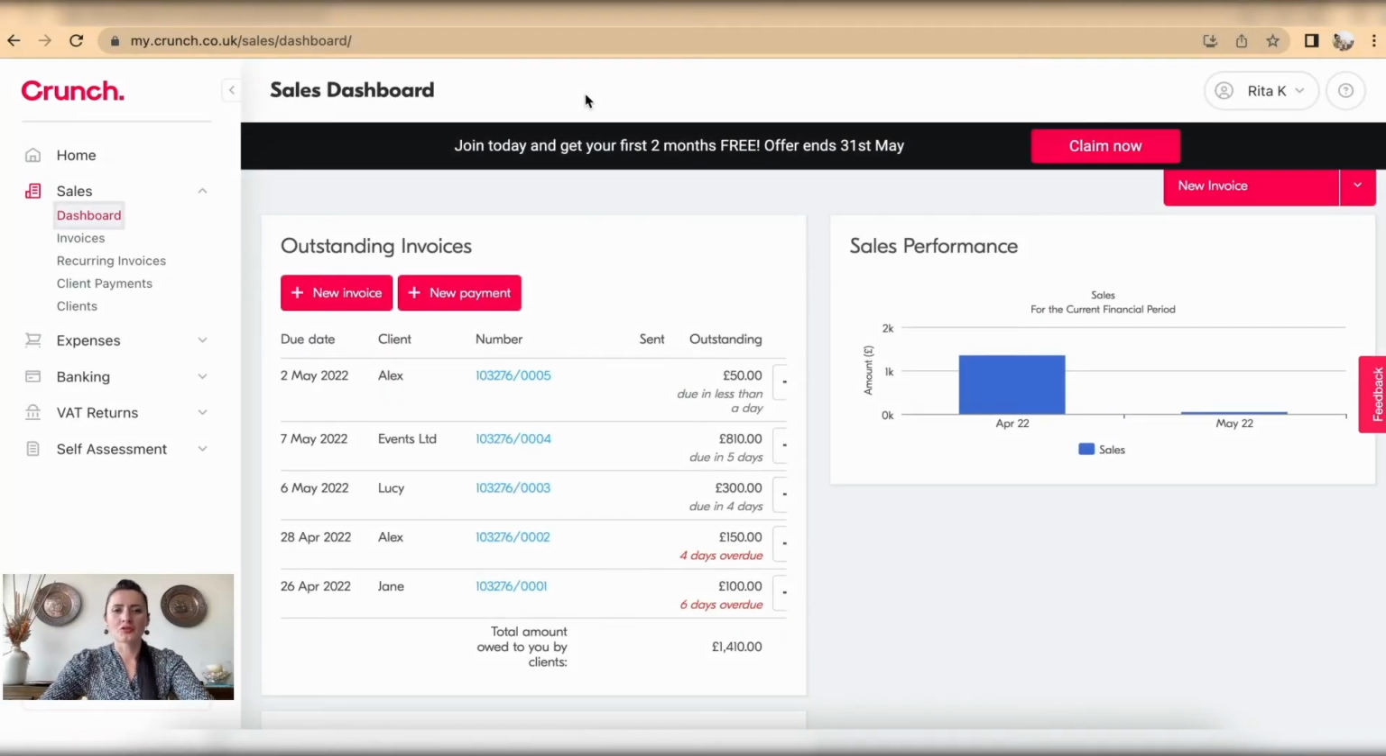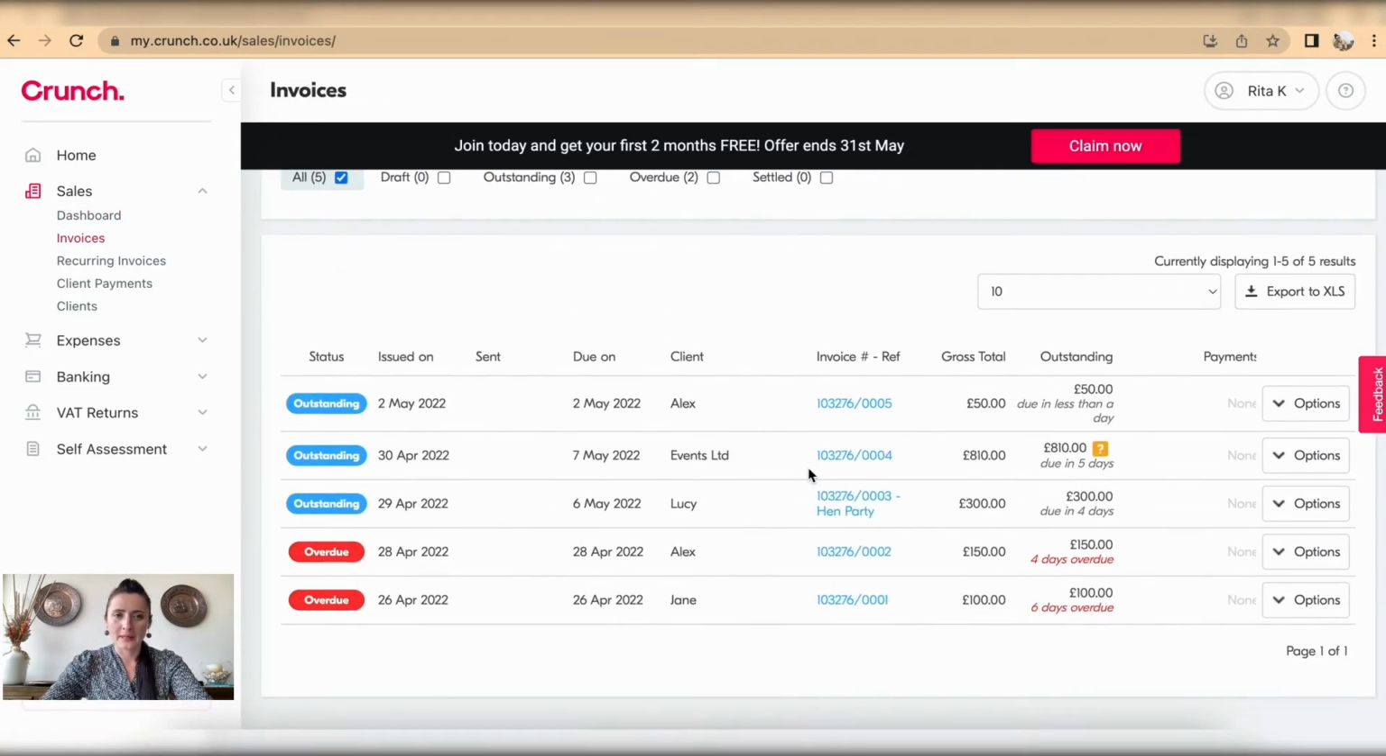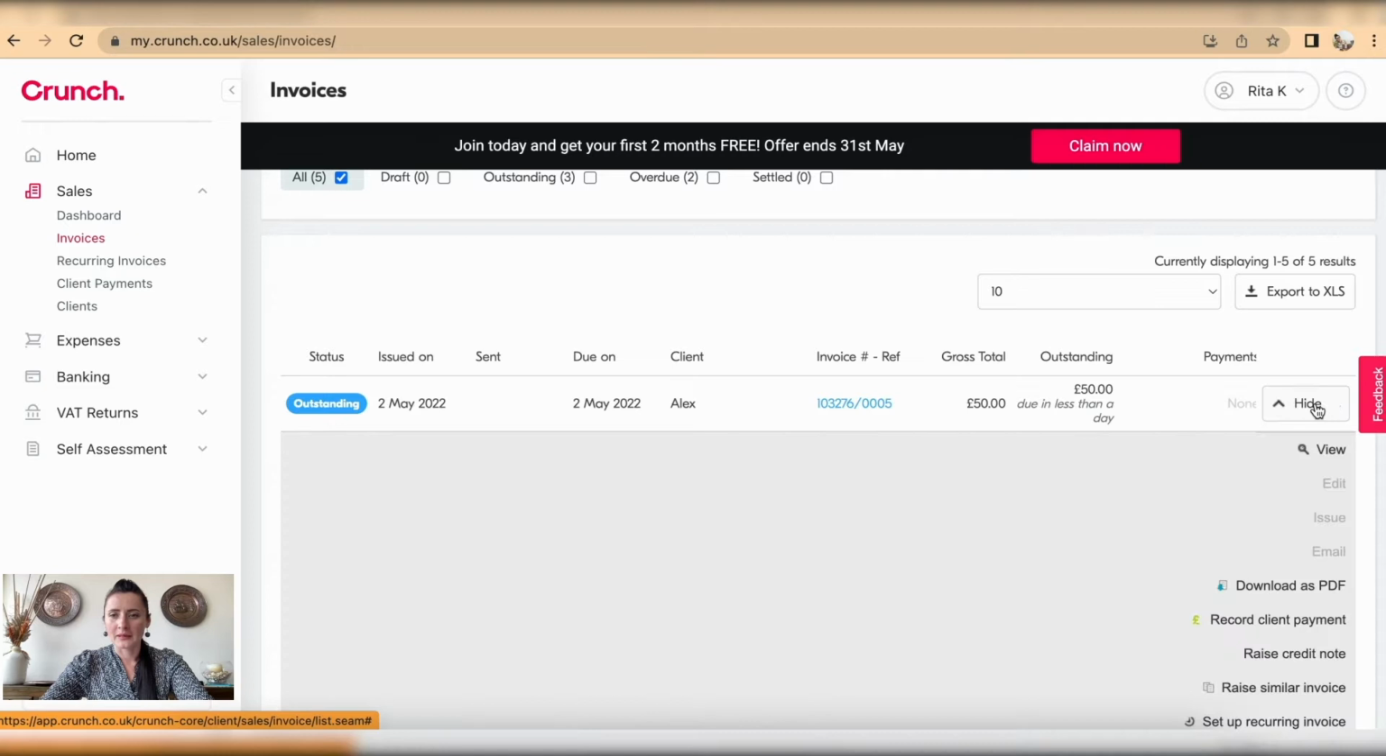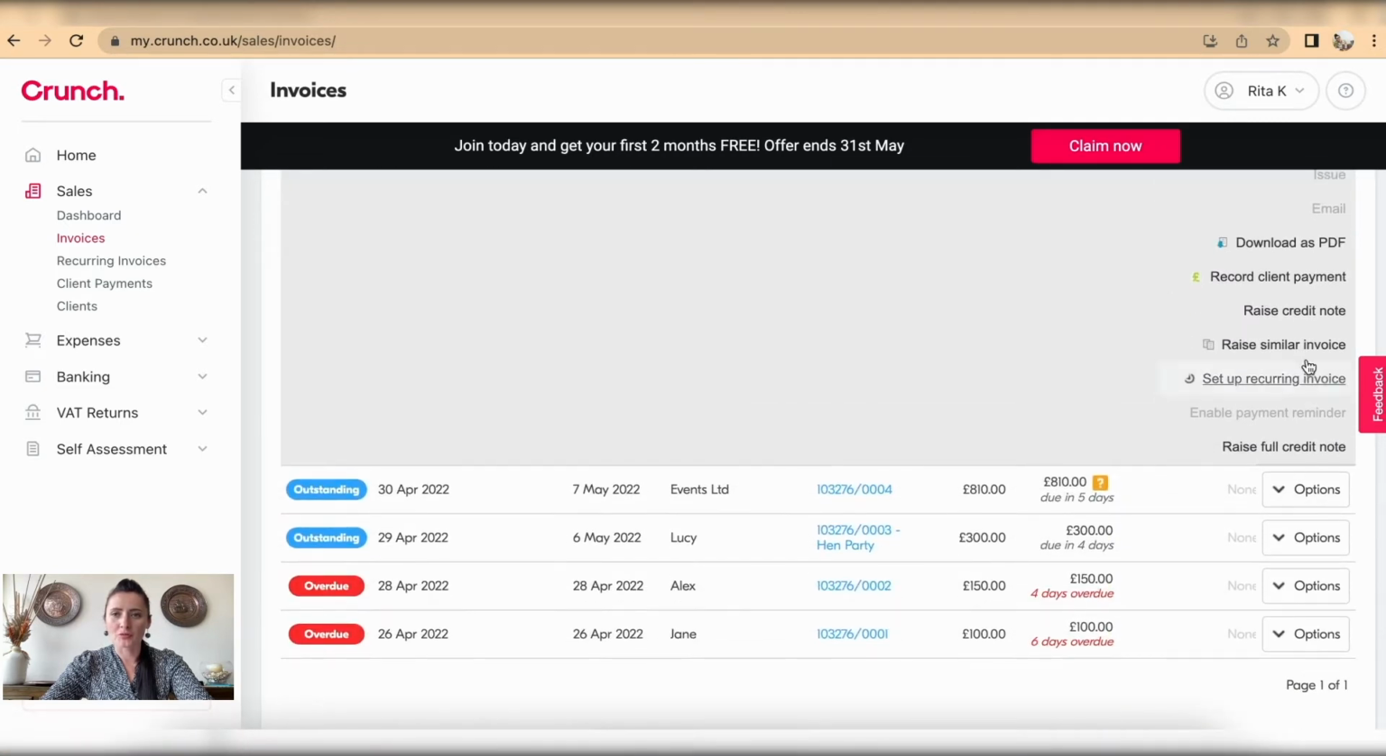So I have issued invoices, and by mistake I actually issued invoice 0005 ending to Alex for a photo shoot. So how can I issue a credit note? The way to do it, go on the left hand side, click on invoices, and where's the Alex invoice for £50, on options, I will have an option to raise a credit note. Click on raise credit note,